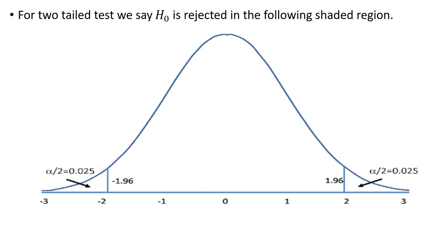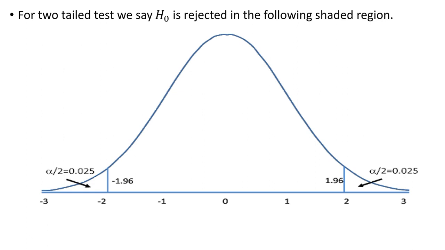So whenever we are having alpha level significance, the critical region will be something like that. The figure is a standard normal distribution. If it is alpha level significance, we will divide alpha into two parts. Suppose we are having a 5% significance level, that is alpha equal to 0.05. In that case, alpha by 2 equals 0.025, and